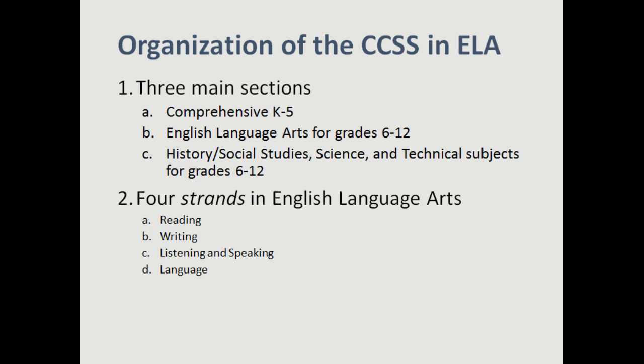The Common Core State Standards in English Language Arts are made up of three sections. The kindergarten through fifth grade standards include a comprehensive picture of what students should know. This means that a single kindergarten through fifth grade section lists all of the standards for reading, writing, speaking and listening, and language across the curriculum, reflecting the fact that most or all of the instruction students in these grades receive comes from one teacher.